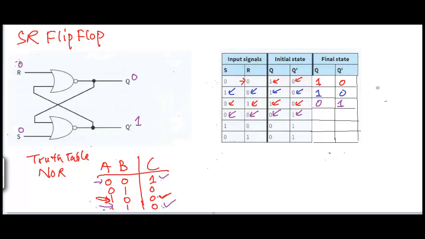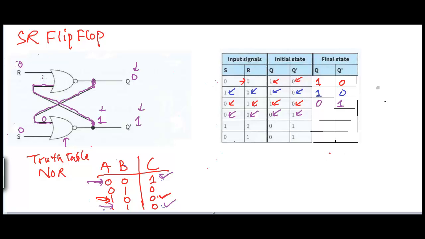Okay, so this output 0 is going to be fed back, right? So we're going to have 0 0 as the input to this NOR gate, which will give us 1 as the output. So previously we had 1, even this time we have 1. This 1 is going to be fed back